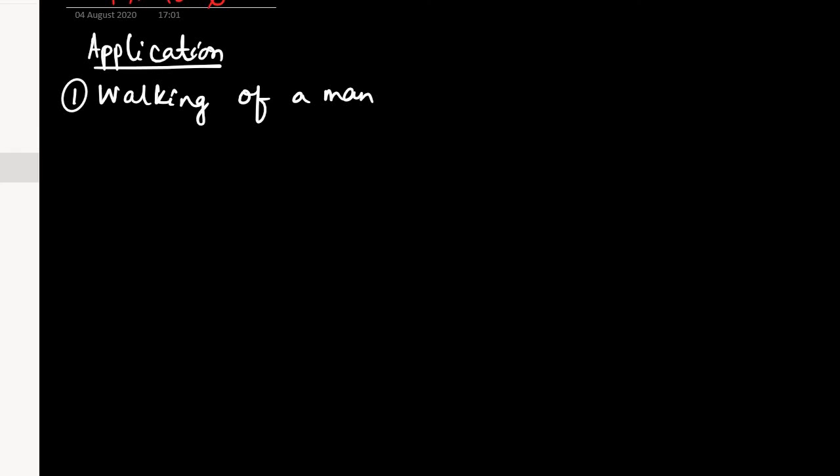First application we will see is the walking of a man. How does that happen? How is walking of a man an example of resolution of forces? See, while the man is walking, this is the foot. I am drawing the slanting line. It is hitting the ground. Now when it presses the ground, it applies a force with an angle theta to the ground. If the force direction is this and this is theta, this would be the force.